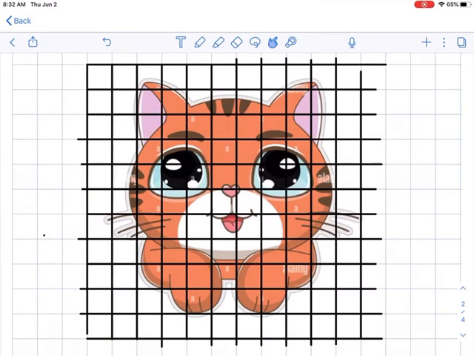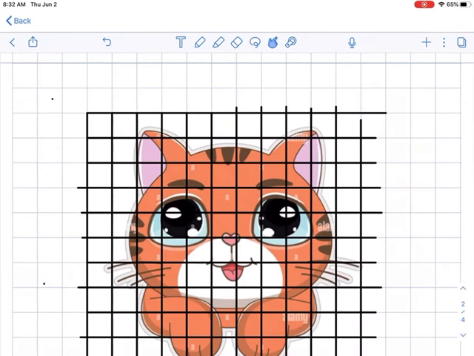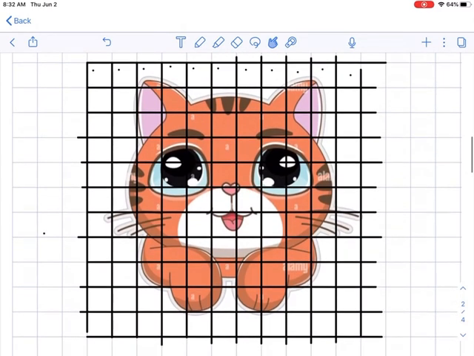So what I'm going to do here now, though, is I'm going to count how many grids I have on my cartoon. You want to make sure you capture even these little grids over here, like with just that whisker in it. Anything that has a part of a picture in it, you want to make sure you capture. So when I look at this, I have 1, 2, 3, 4, 5, 6, 7, 8, 9, 10, 11. And I don't need to capture this last one, so I have 11 going this way. And let's see how many I have going this way. 1, 2, 3, 4, 5, 6, 7, 8, 9, 10. So I have 10 going this way. So what I'm going to do